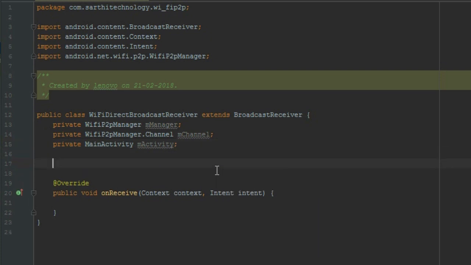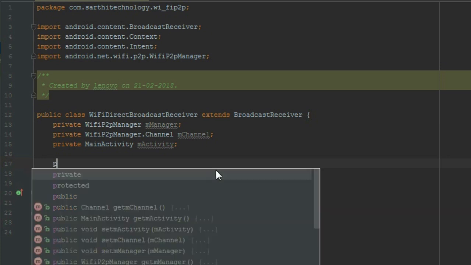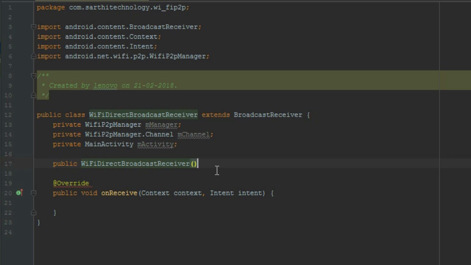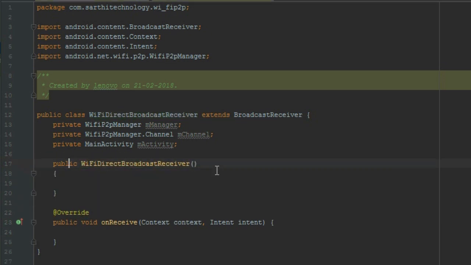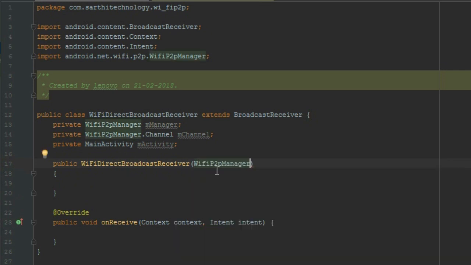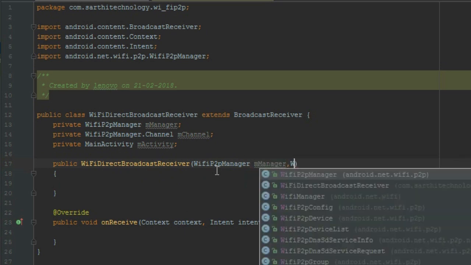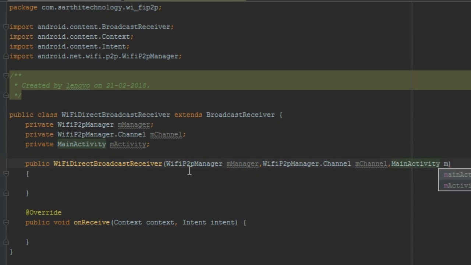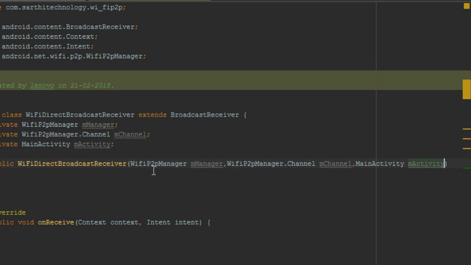Now in the constructor, public Wi-Fi direct broadcast receiver, and here the first is Wi-Fi P2P manager mManager, comma, Wi-Fi P2P manager dot channel mChannel, comma, main activity mActivity. Okay,